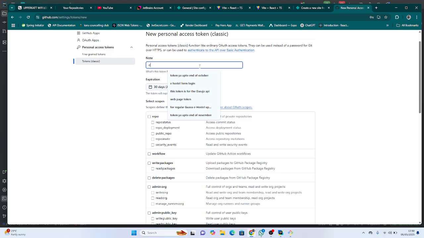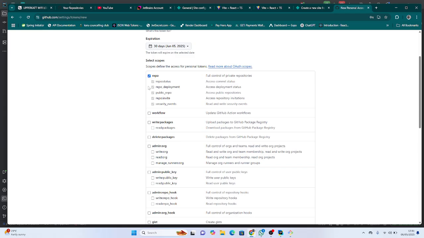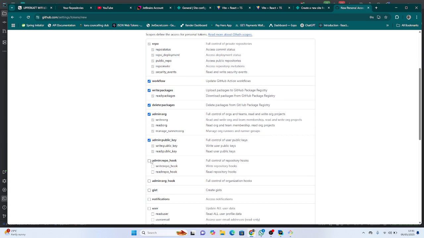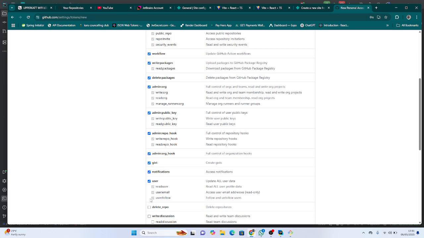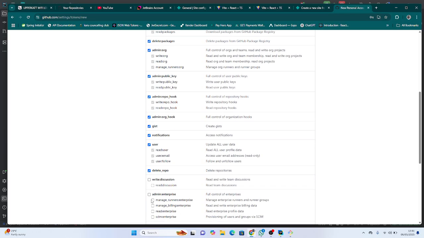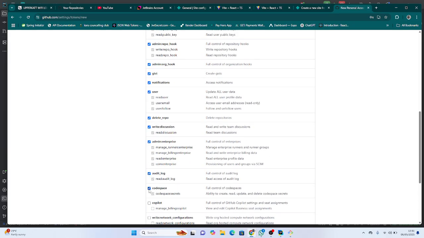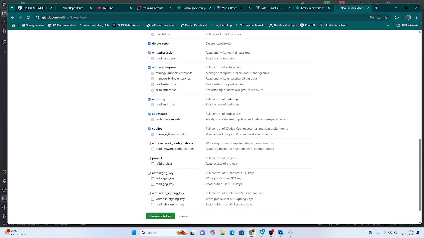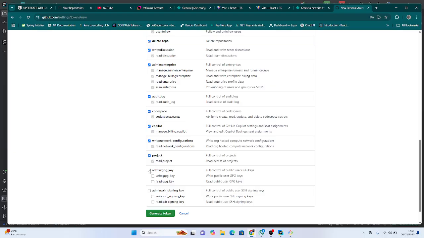It's a demo token, and these are the scopes where it's able to access your repos, your workflow, everything. So just check all these boxes, notification, user, delete repo, everything you want it to do. Basically, you just check all boxes and audit the codespace, copilot, yeah, everything. Just check everything and you are good to go. Generate the token,